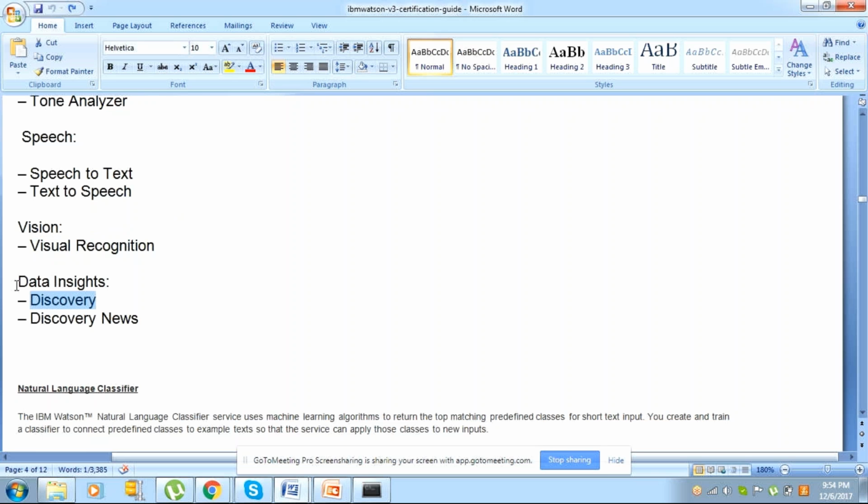Discovery can be used in two different ways. We can dump the data in a CSV file and do the analytics and the discovery, discovery in the sense of the predicted output. And discovery news is again one of the earlier old Watson services, about the news. They don't require some of these things explicitly different, so they can merge. They have merged a lot of services into a few.